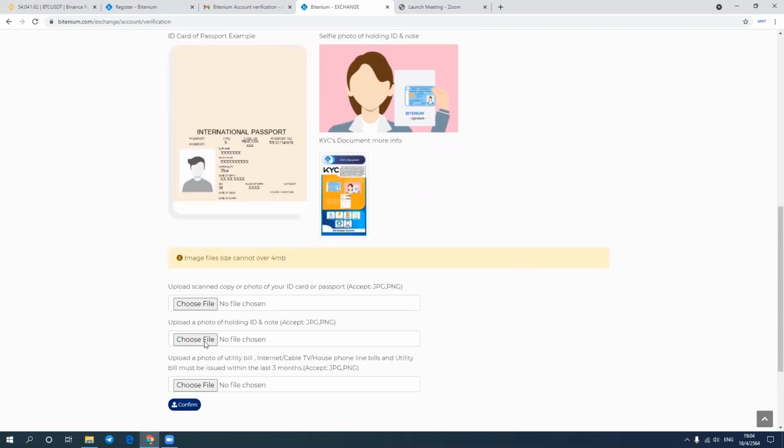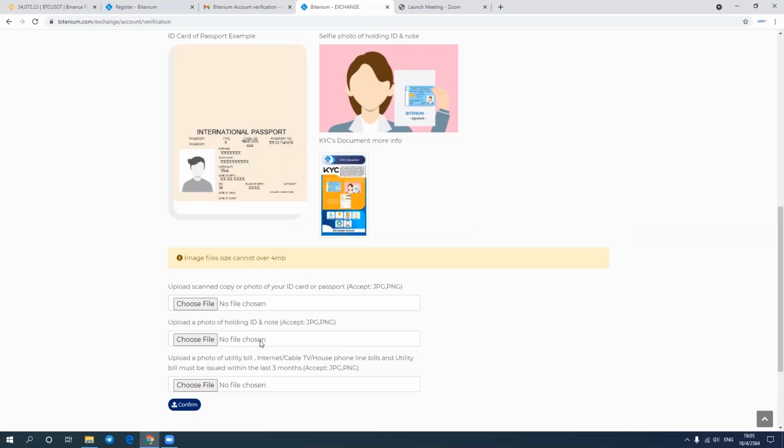You need to upload that file. You see here: your ID, a photo holding your ID showing Bitinium, your signature and the date, and a utility bill to prove your current residence address. So you upload those three things. One is your ID or passport.